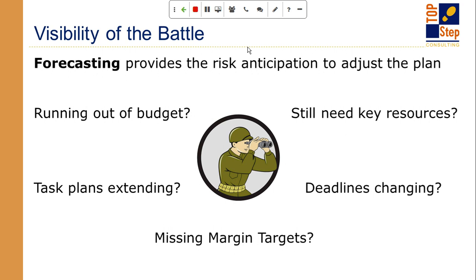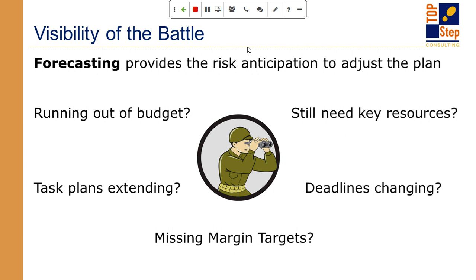And on the task plans, are you in a situation where you're starting to have to add more tasks, more integration work, for example, in software systems, more documentation in training situations, things that you hadn't expected because now we're going over the scope of what was put in place? So how are you going to deal with those scope changes? How are you going to understand what needs to happen from a project plan?